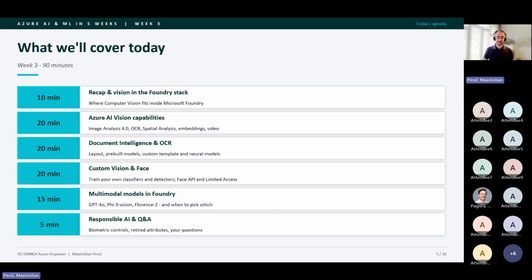Custom vision and faces, as we all know, from the point of view of AI, a face is just an object. So please bear with me that custom vision and face recognition is a combination of AI vision and some specific training. I will just mention that it is possible under certain conditions that follow with a permission given by Microsoft. And then we have multimodal